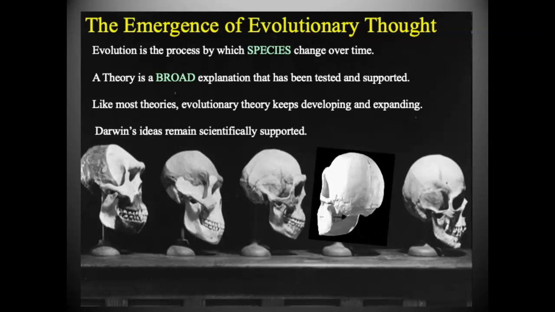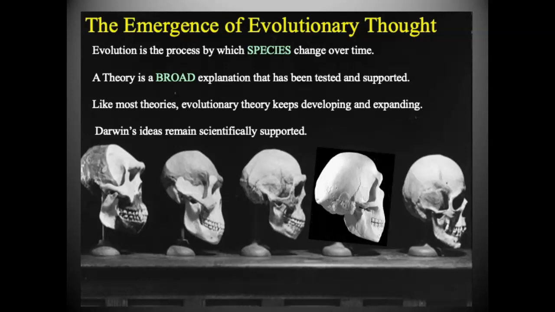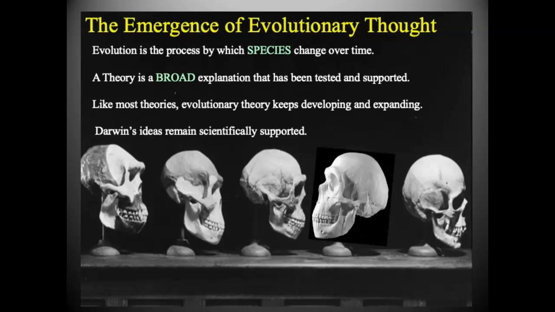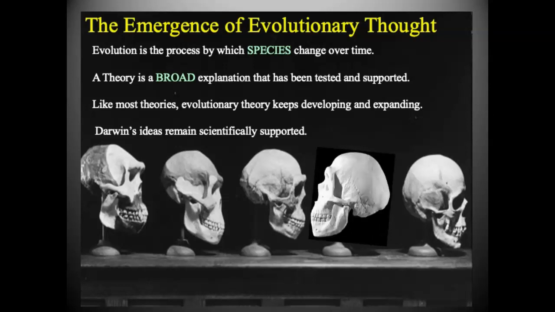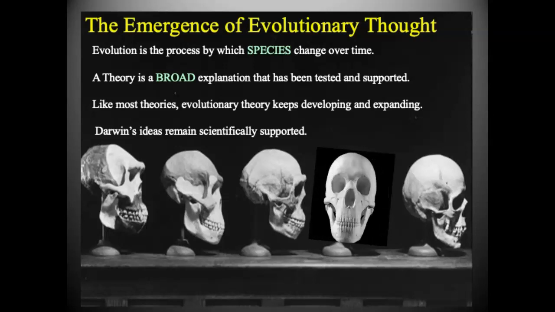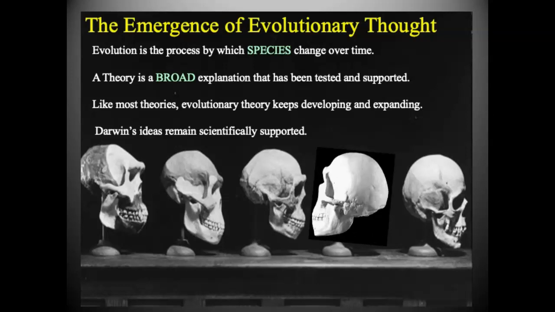Now remember, I know at some point there's somebody out there that's asking the difference between a theory and a law. Generally speaking, the easy way to remember it is laws can be observed directly, theories can be observed indirectly, although when we talk about evolutionary theory, we will be talking about some direct evidence that we can see today, even in the modern world, of species evolving.